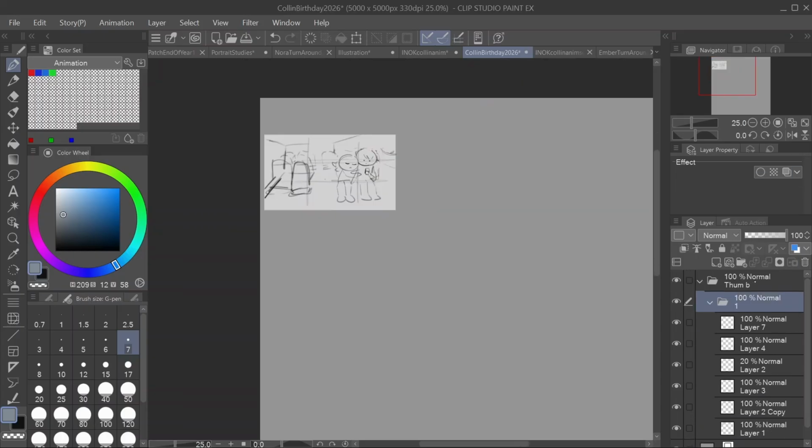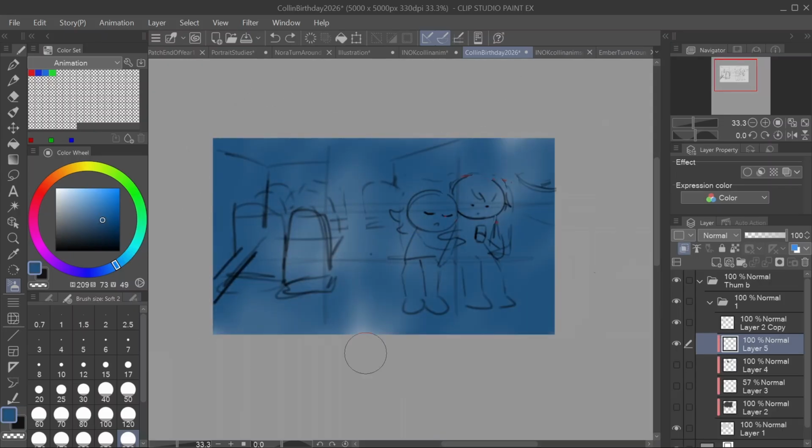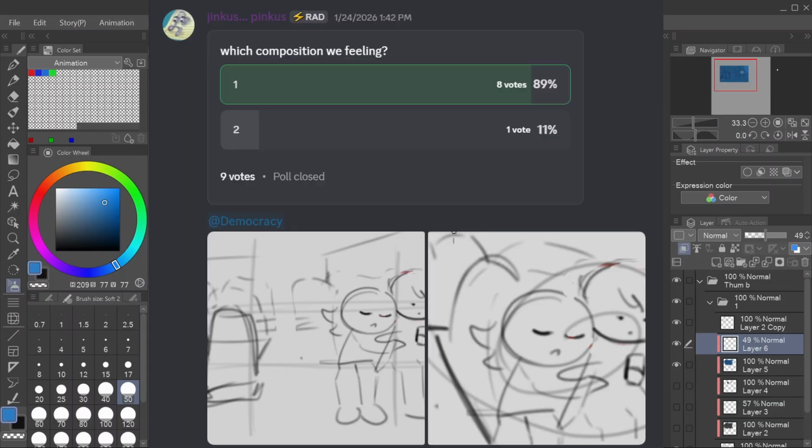Once they voted, I took that frame and edited said frame's composition, values, and color feel. Adding these touches beforehand will give me a better idea of what the final result will look like. Side note, I'm pretty sure I made my server vote again on which composition for me to go with. I love my server, oh my god.